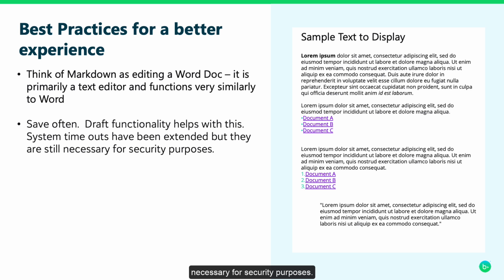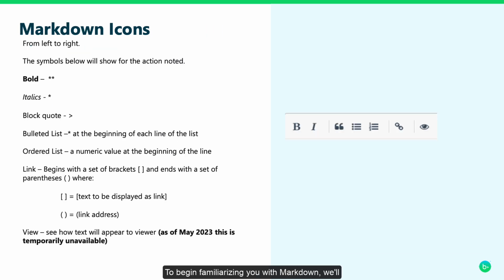On the right hand side of this slide, you will see the text as we wish it to be displayed after Markdown is applied. To begin familiarizing you with Markdown, we'll walk through the icons beginning from the left to the right. Bold is represented in the text by double asterisks at the beginning and end of the text to be bolded. Italics is represented in the text with a single asterisk at the beginning and the ending of